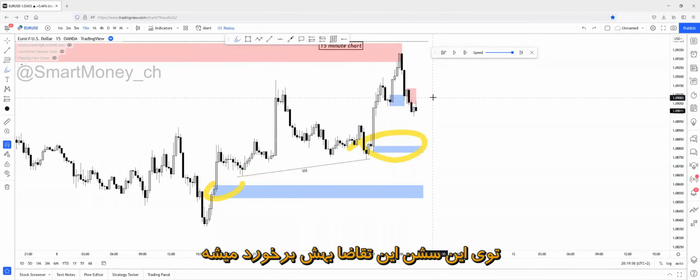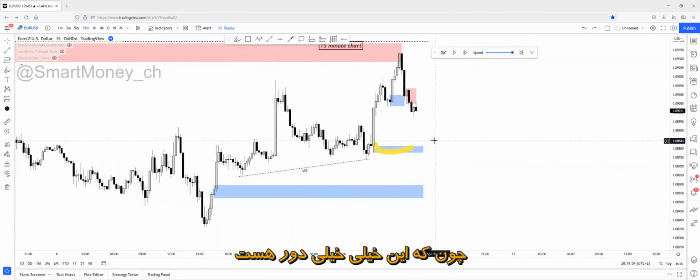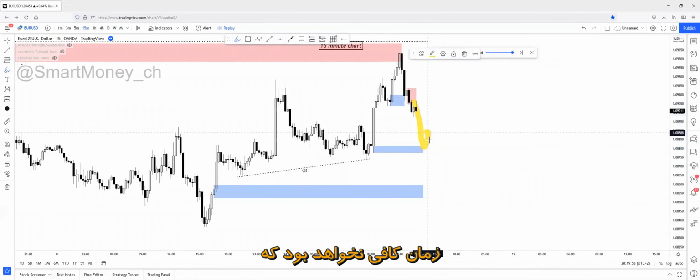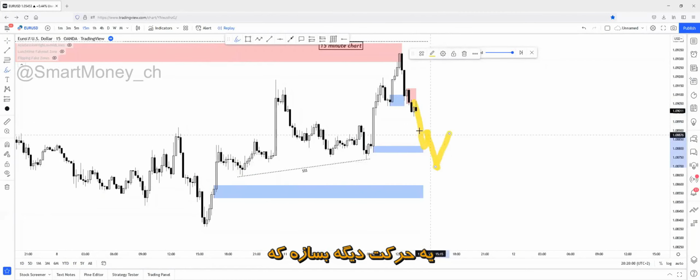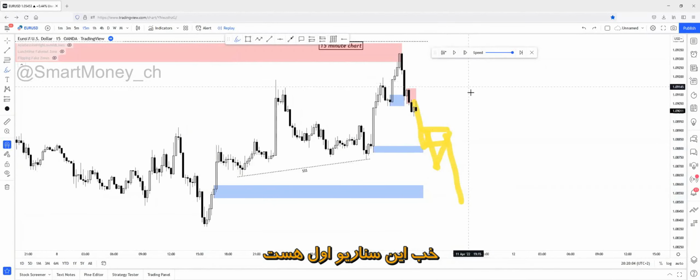But I believe in this session, this demand will be tapped, and after this the session will be over, because this is too far away. And if price taps this zone, there won't be enough time, I believe, to create any movement and aim for another short opportunity, but we'll see. So this is the first